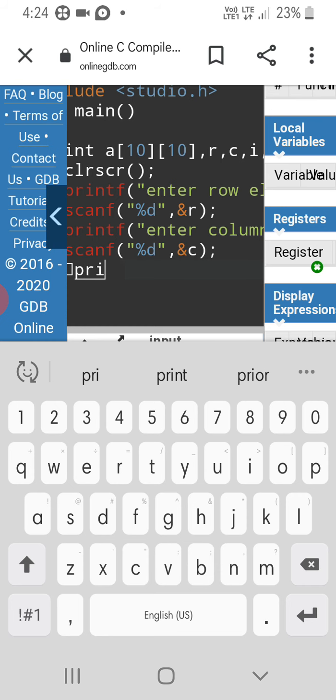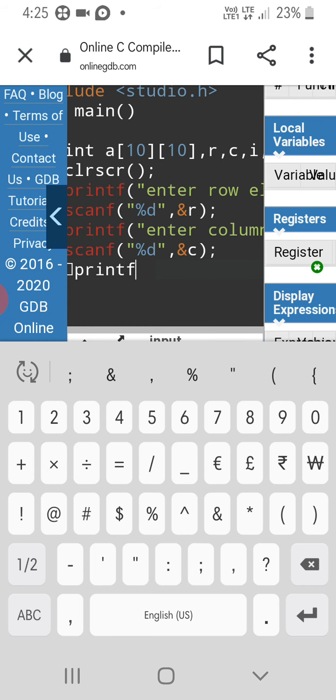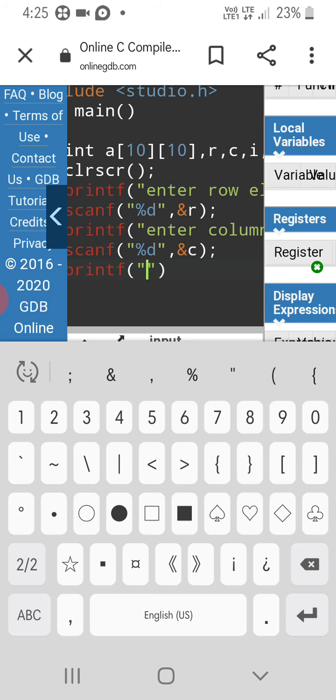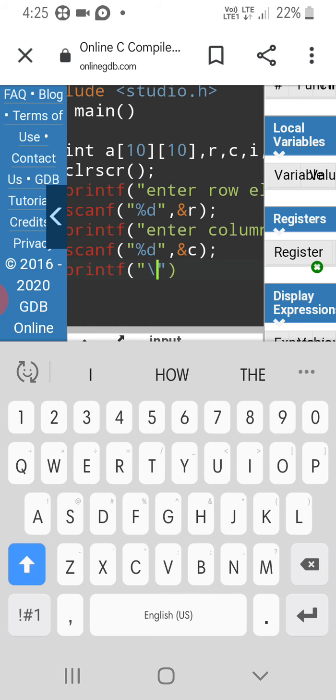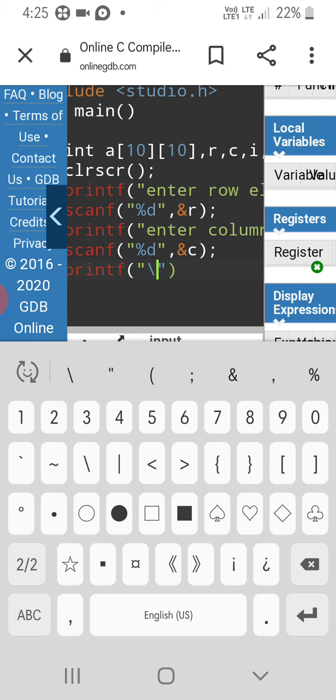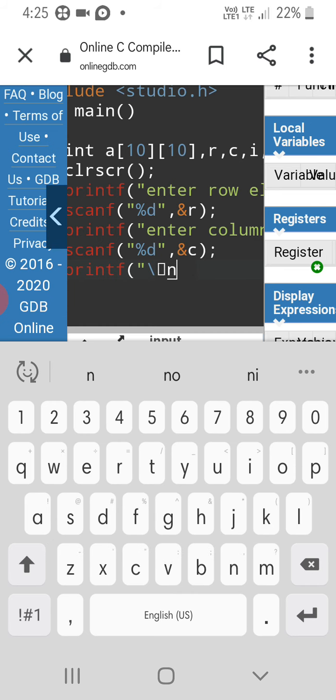So printf, backslash n, used to print in a new line after completion of every row, "enter matrix elements".